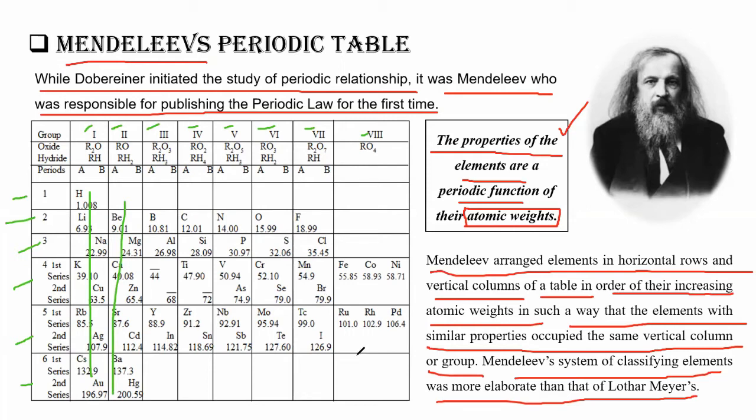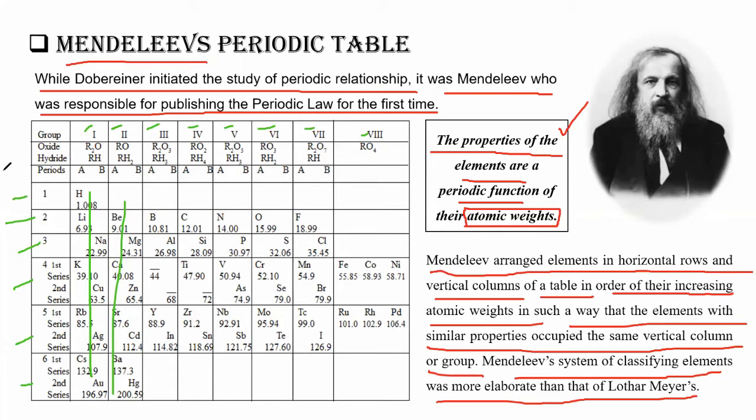And the main problem of this particular table was that there was no position for, number 1, noble gases, and number 2, isotopes. Now, you know what an isotope is defined as: elements that have the same atomic number but different atomic mass, right? Now if different atomic masses are there, then they should have different places, but they are atoms of the same element. So how can we give them different places? Now this is very important, right? How can we do that?